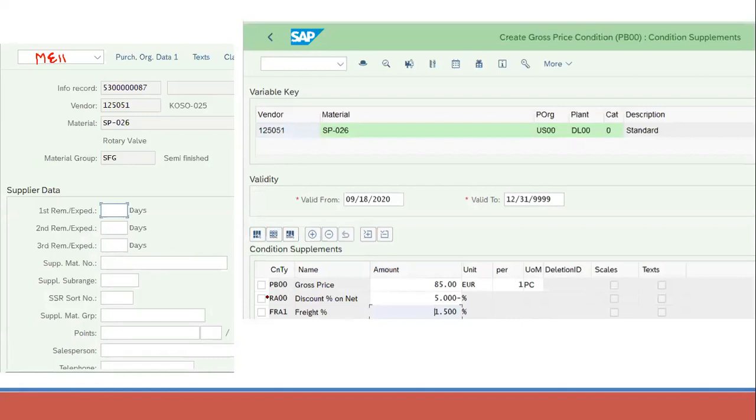Here you can see the gross price, the discount, the freight charges. We can enter them in the purchasing info record, and we can also set them for a particular duration. So this data is valid from this duration. Here we assign the vendor, material, purchasing organization, and plant.